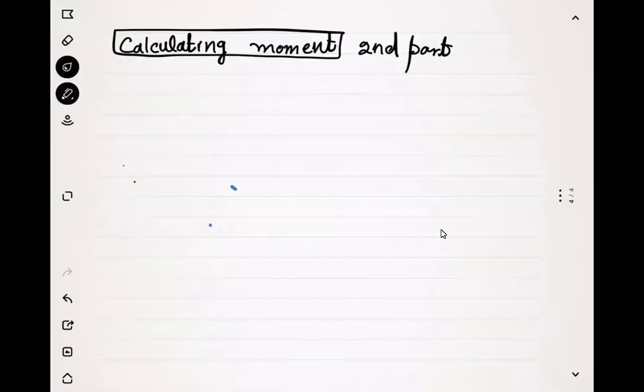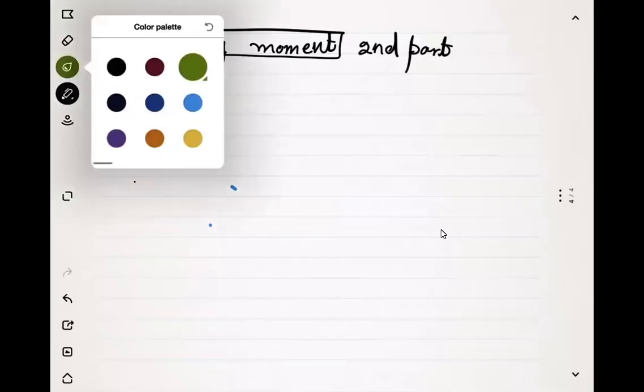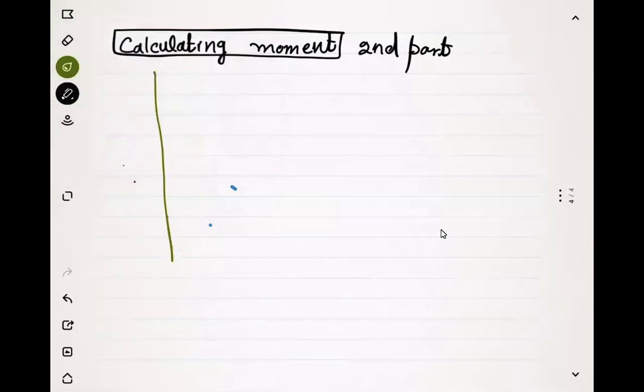This is the second part about the calculation of moment. And in this part, you'll understand how we can resolve the given forces to calculate the moment. For example,